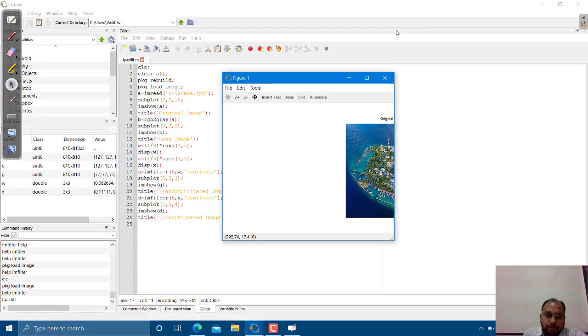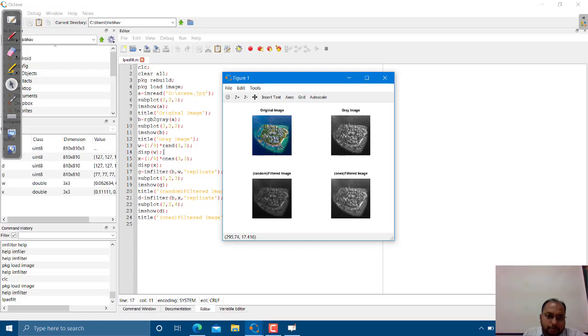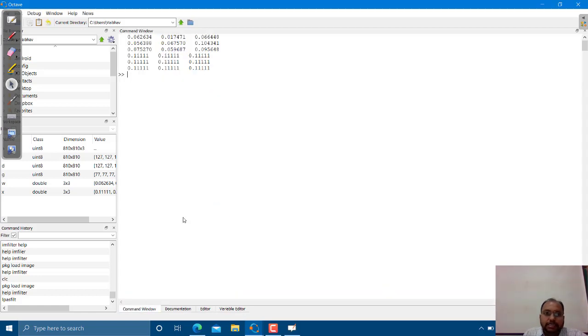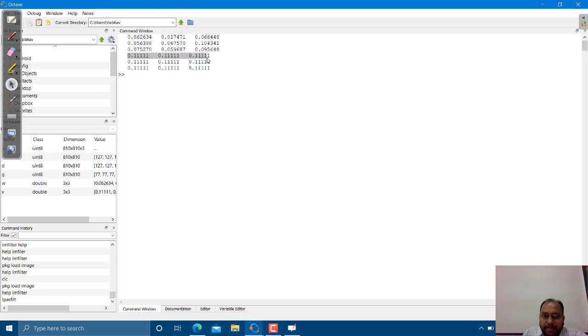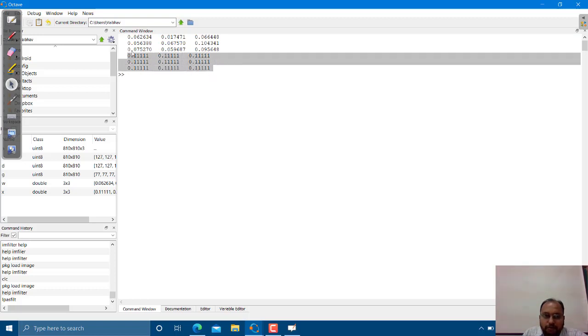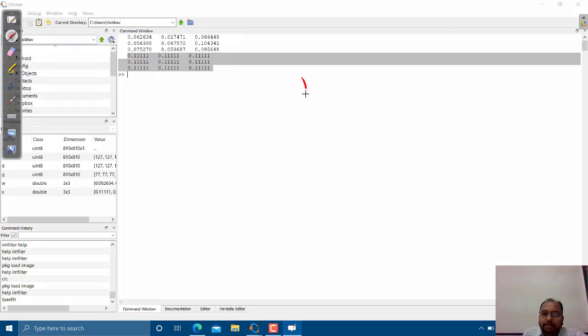If you want to check out what W and X are, let us check it out. So this is W, a 3 by 3 matrix, and then this is X. I hope we have worked on this X. Yes or no? So 1 by 9, with 1 1 1 1 1 1 1 1 1.